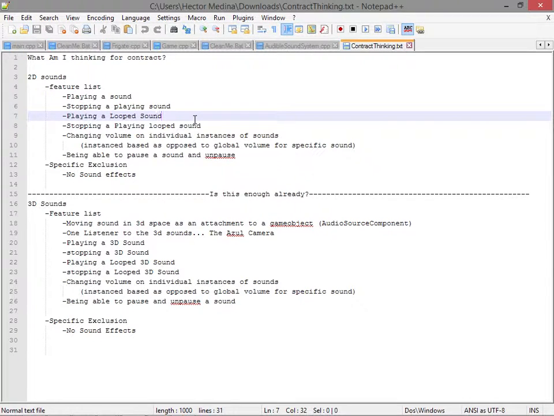So this is what I was kind of thinking so far for the contract. It's not really the contract itself, it's just me thinking about it. I thought at the very minimum I at least want 2D sounds, which is, as you can see in the features list, playing a sound, stopping a playing sound, and playing a loop sound, stopping that loop sound, changing volume on the individual instances, being able to pause and unpause a sound,